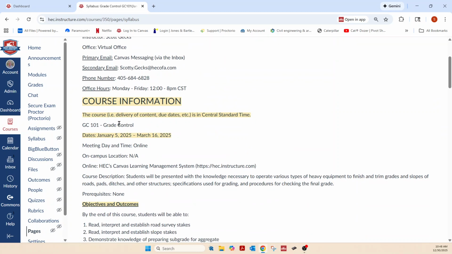The course, in other words, the delivery of content, due dates, etc., is in Central Standard Time. I live in Oklahoma, so that's the time we're going to go by. The dates of the course will begin January 5th, and it will go for 10 weeks, and the course will close on March the 16th. Well, I got written down 2025, but that's not true. That will be 2026,